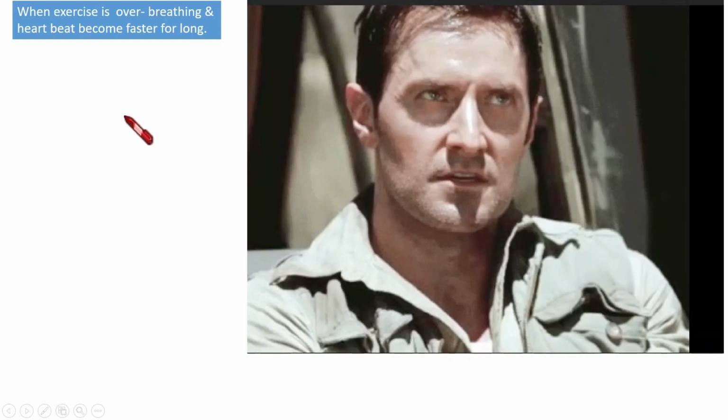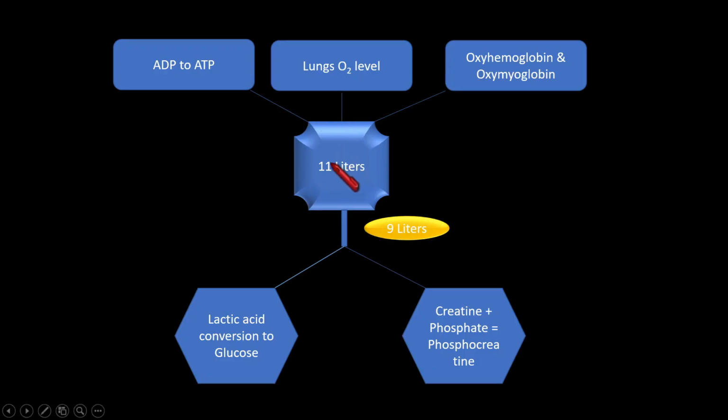For which purposes, which processes is it used? That we need to understand. That additionally breathed in oxygen accounts for around 11 liters of oxygen, and that amount constitutes the oxygen debt